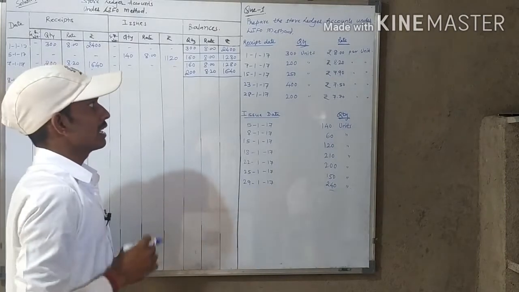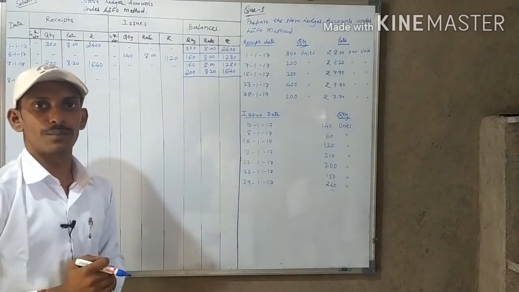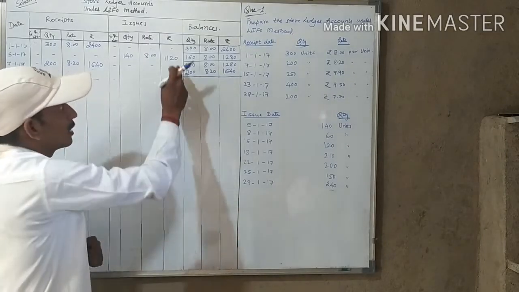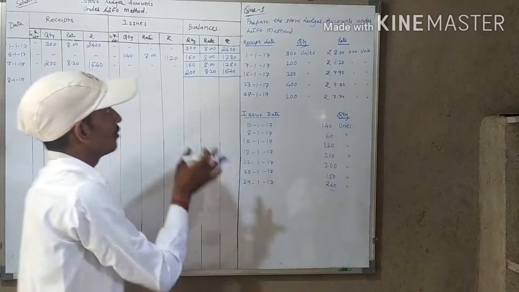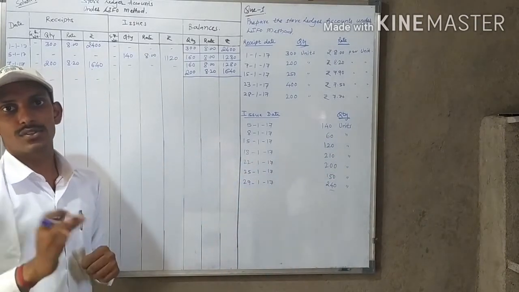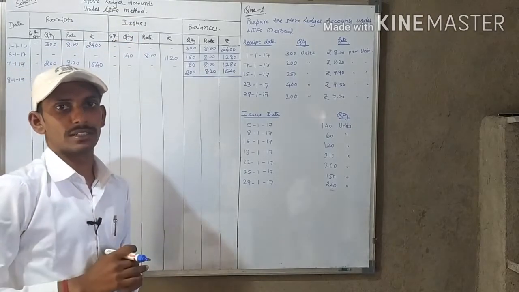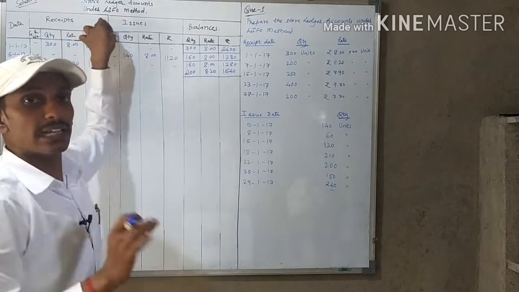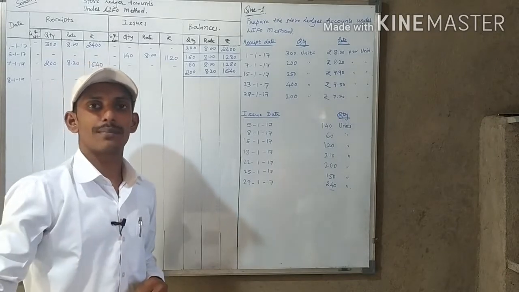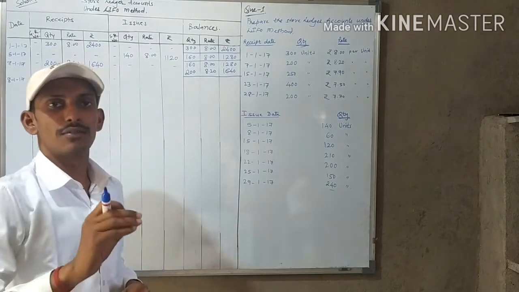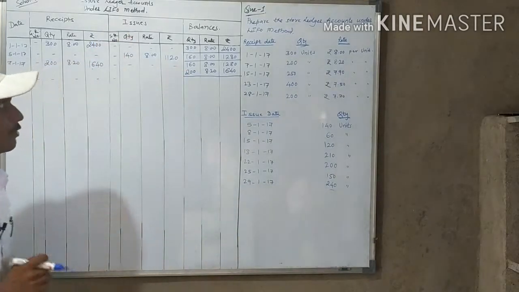Now the question arises: there are two lots and 60 units we need to issue. Out of the two lots, from which lot do we have to issue those 60 units? Which method do we have to follow, either FIFO or LIFO? Under this we are following the LIFO method, last in first out. The material which is purchased last, we have to sell first. This is the funda of the LIFO method.